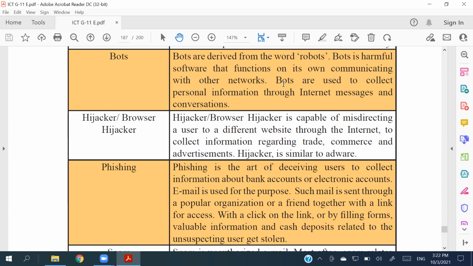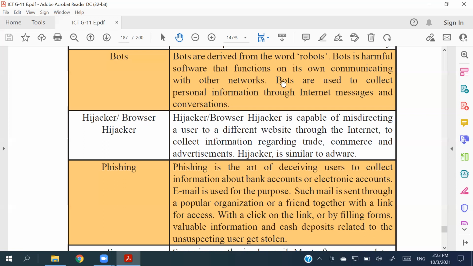So when we are clicking on the link, only then does it open, right? When you are going to download some music or videos, this happens frequently because they're always trying to connect to another resource or another download with these links, right? So that is what you call the hijacker or the browser hijacker. It is capable of misdirecting you to another website, or to another resource of the same website or a separate website, right? It happens due to this e-commerce concept. It is very popular and very common in browsers, right?